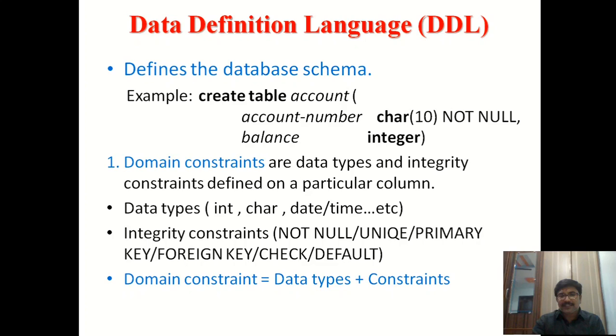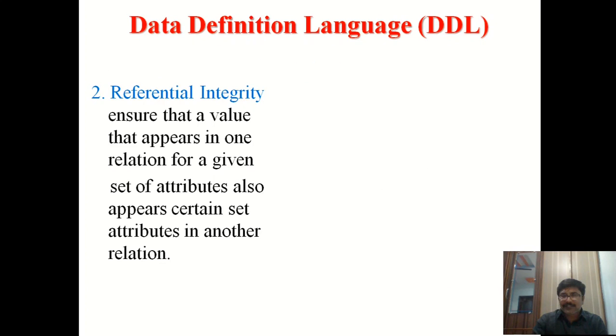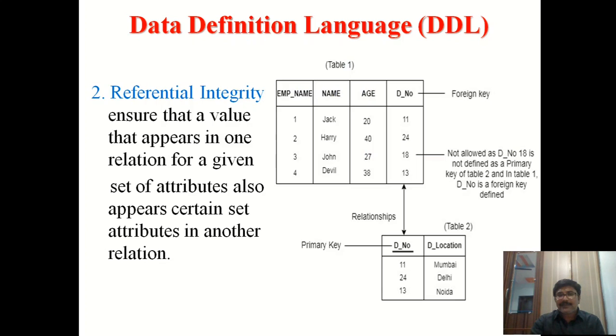So here let us see this example. We have table 1 and table 2. Table 2 is considered as a department table and table 1 is considered as an employee table. So this department table is a parent table and the employee table is a child table. In general, without a parent there is no child. Likewise, in the department table, department number is a primary key, and in the employee table, department number is a foreign key. So this is called a reference key. Department number in the employee table is a reference to department number in the department table.